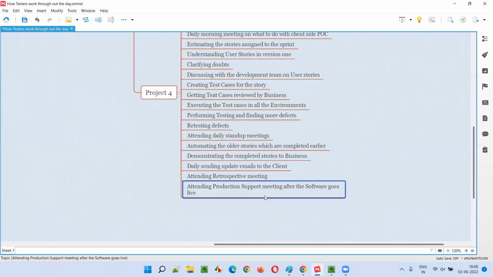once they put that code in the phase A production environment, we have to perform some tests and see whether any defects are still missing. Whatever defects we have not identified in the QA environment, are there any defects coming in that simulated production environment, pre-production environment, you can say. Like that, if phase A is good, then phase B, phase C, phase D, phase E,